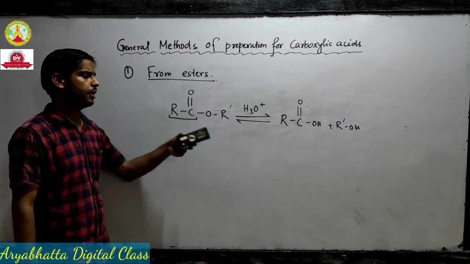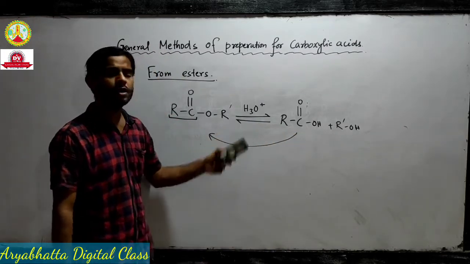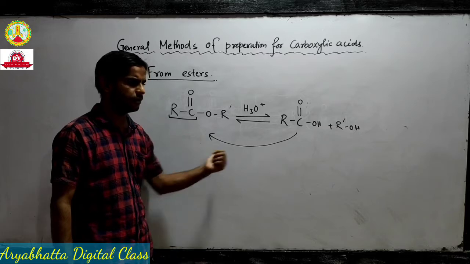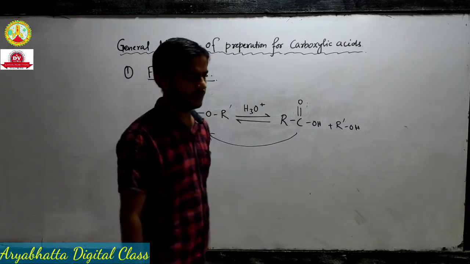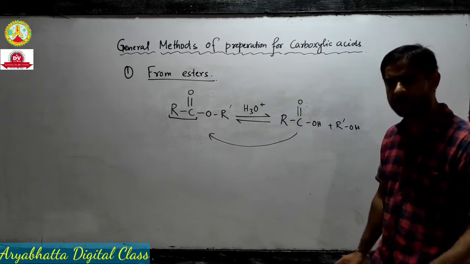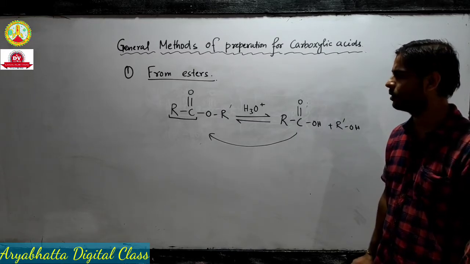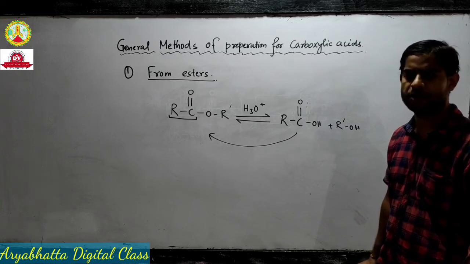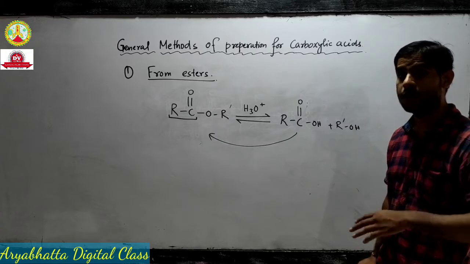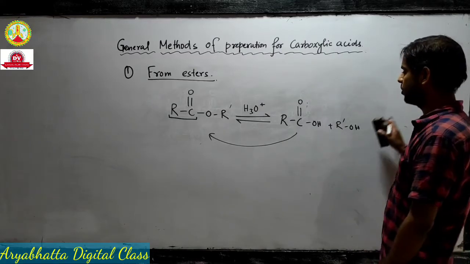You have seen this reverse reaction in alcohol. This is called an esterification reaction. Right now we are just studying the reverse reaction, because this is a two-way reaction. It can go in forward and backward direction. It is a reversible reaction. We studied this reaction as a chemical behavior of alcohol, used it as a general method of preparation for alcohol, and now we are using it as a general method of carboxylic acid. In the next video lecture, we will study it as a chemical behavior of carboxylic acid also.